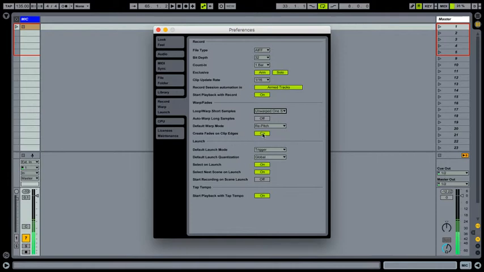Okay. Create fades on clip edges. This is something I turn on and off constantly while I'm working in projects. Like if you're moving around drum samples, you do not want this on. It's going to put a fade on the front of the clip, and since your drum samples are milliseconds long, it's going to take off that initial attack on a kick or whatever. But then when you're moving around giant 16 bar loops of synth pads or something, you probably want that on